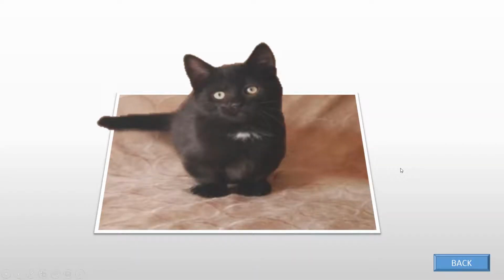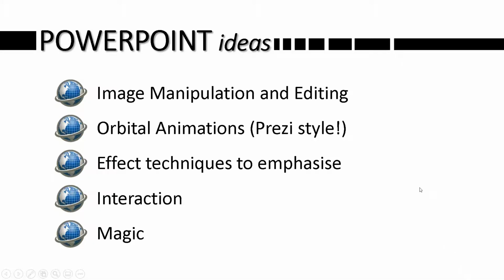Here's another example of a standard regular photo appearing to look as though it's got a cat actually sitting on the picture. We're using another action setting here to go back to the main menu. We can use special effects